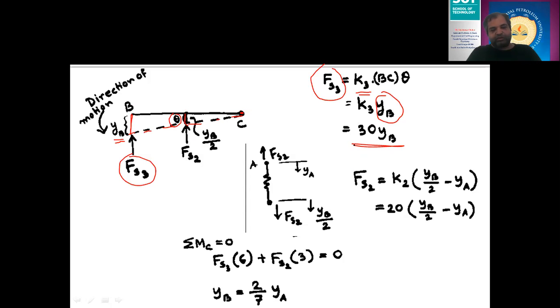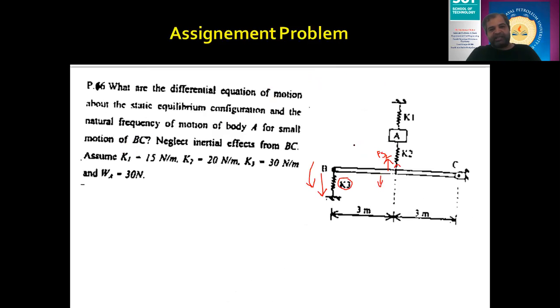Now let us go further and analyze point A. What is going to happen at point A? We have analyzed this lamina. Now I am going to consider this particular point A and draw the free body diagram, and consider how this happens, because I need to consider the effect of this mass.